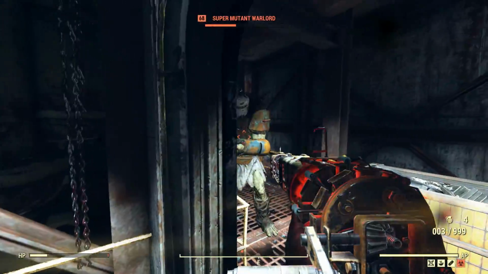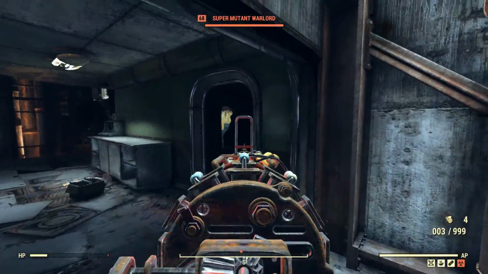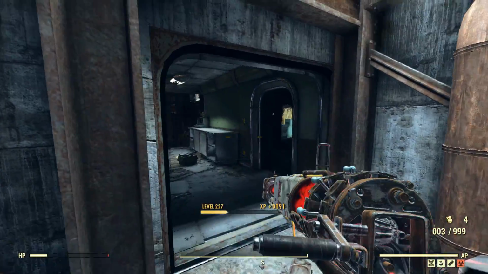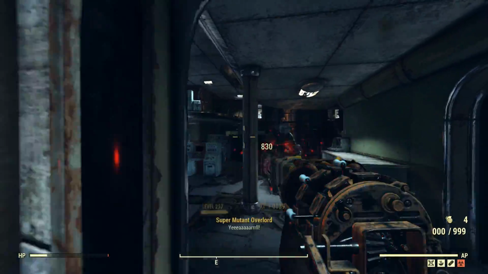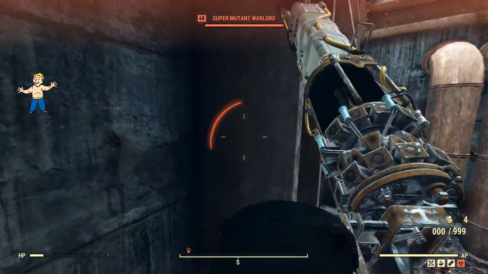Looks like 3 cranks might get us over the line. 739 damage, yep, that's going to kill a super mutant warlord no matter where you hit him. So 3 cranks will do it, meaning we can spend less time cranking and more time shooting, which is very good. But as you can tell, me shooting now,